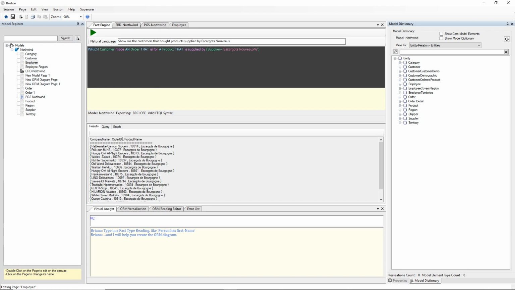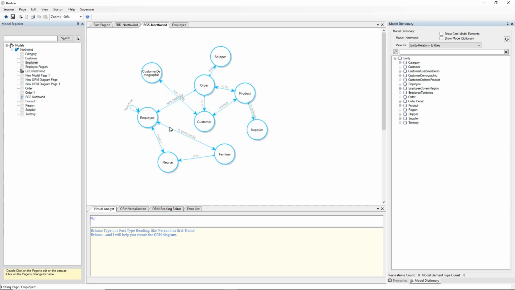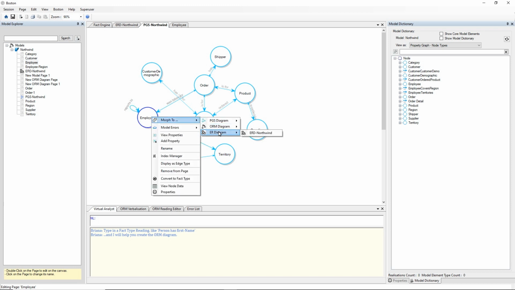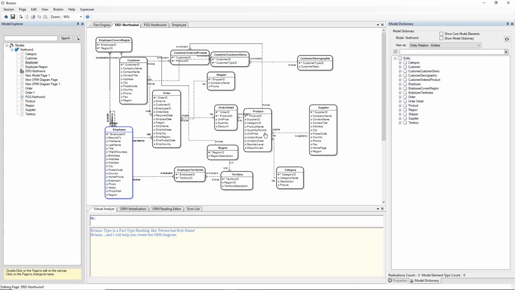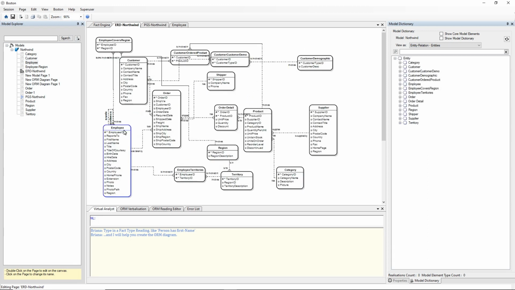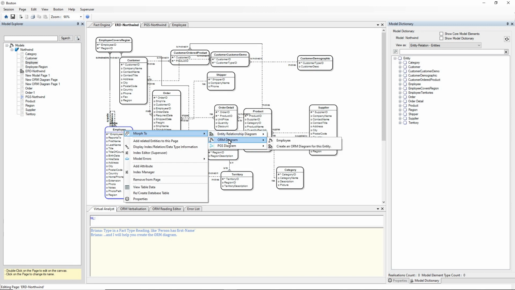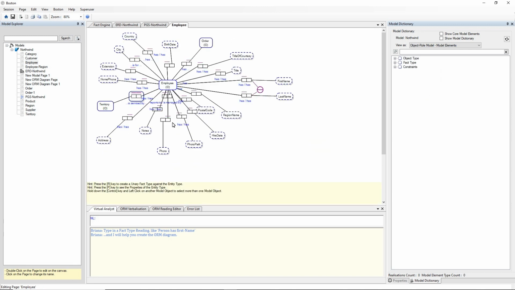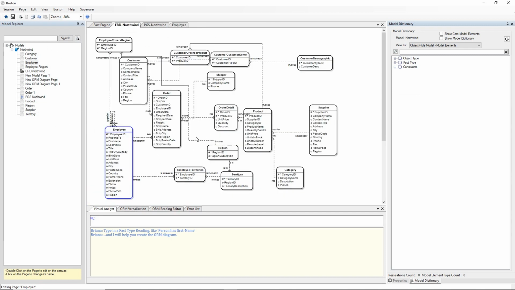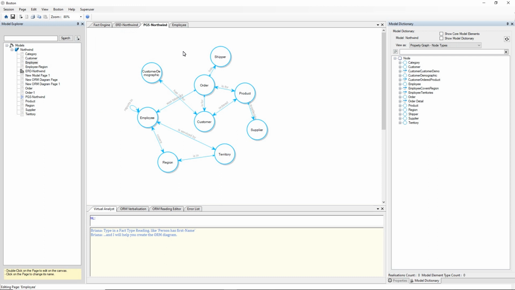Now, that operates over our schema, which we can view as a property graph schema, and if we control click on, say, employee, we can see the properties for the employee node type in this property graph schema. Or we can view that as an entity relationship diagram, or an object role model, or a whole suite of object role models which define our overall schema, which can be presented on one or more pages as an entity relationship diagram or a property graph schema.